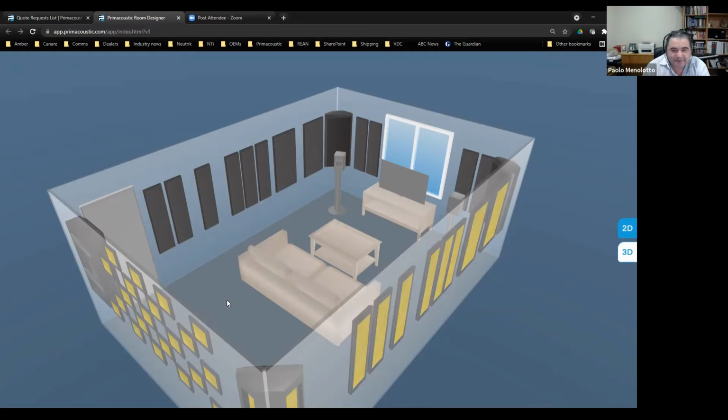Okay, great. Thank you very much, Matt. Is it worth spacing the panels so that they're not directly opposite each other, so that they're staggered? Is there any benefit in that? Yes, that can be quite helpful in certain situations, especially if you don't want to use a lot of treatment in the room. There may be some situations where, for some reason,